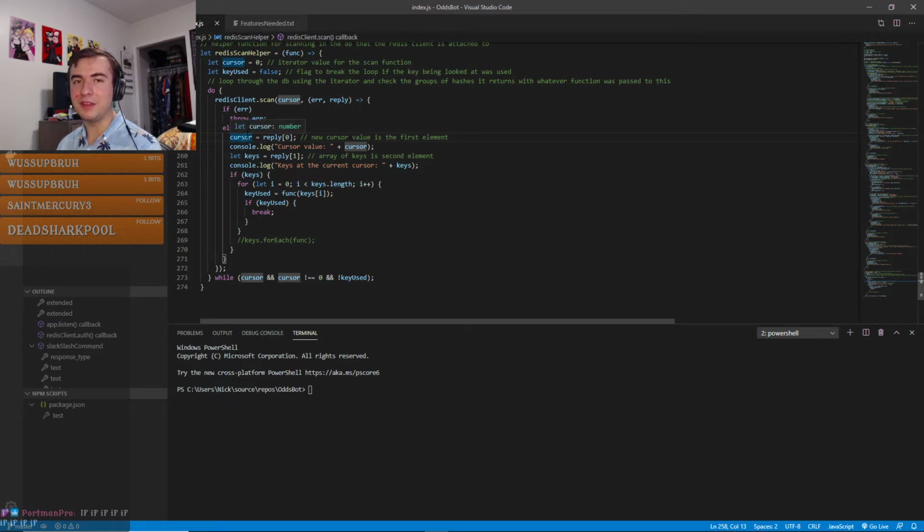It has a cursor position that starts at 0 and then advances to different positions until it hits 0 again, and that determines that's the end of the scan. So it grabs a new cursor, and then it says this is the cursor value, and then it says here's all the keys that it grabbed, because it can grab multiple keys in one cursor run. So it grabs all the keys, and then if there's keys,